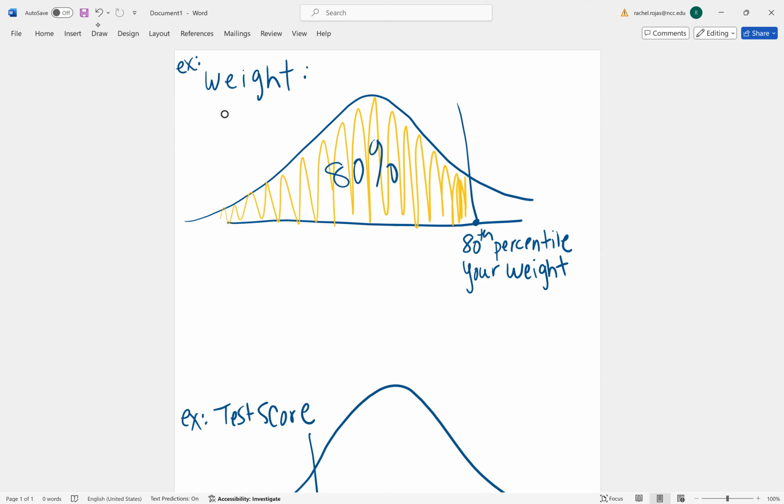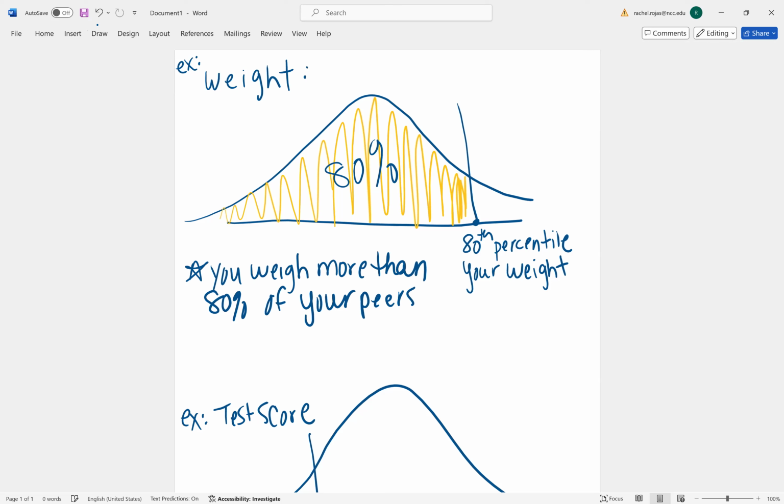So the way we interpret this is that you weigh more than 80% of your peers. The other way you could look at it is you weigh less than 20% of your peers,